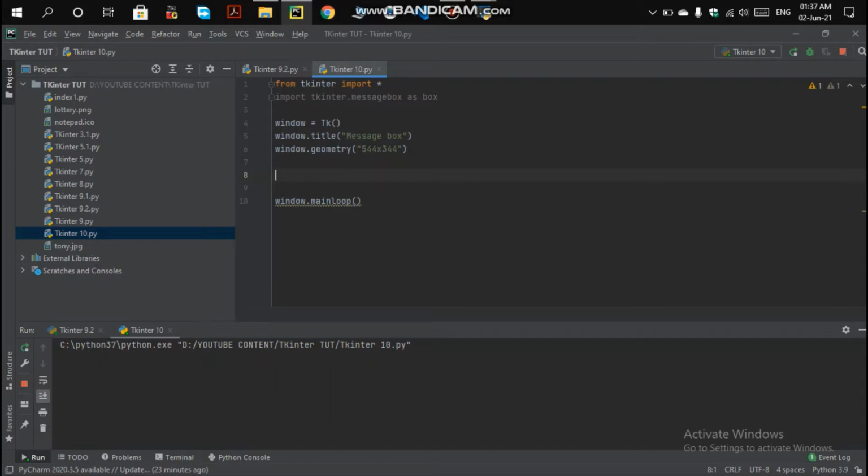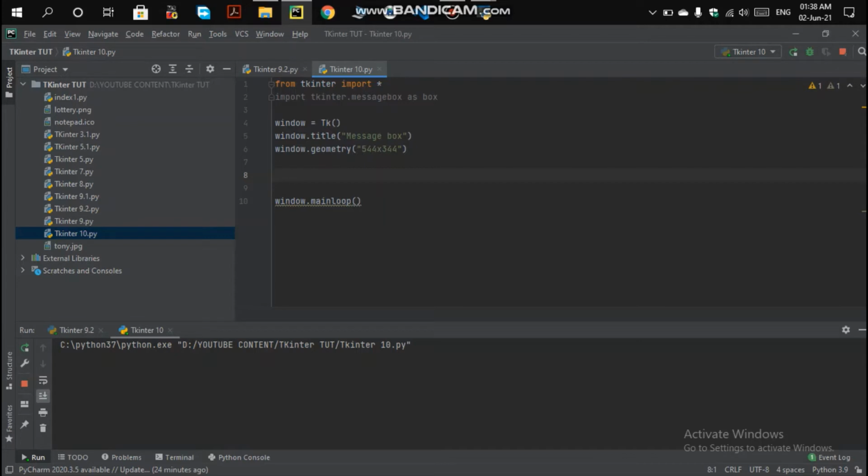Basically, a program can display messages to the user by calling methods provided by the tkinter.messagebox module. This must be imported separately, and its lengthy name can usefully be assigned a short alias by the import as statement. A message box is created by supplying a box title and the message to be displayed as the two arguments to one of these methods. There are two arguments: the first is the title of the box, and the second is the message you want to display.